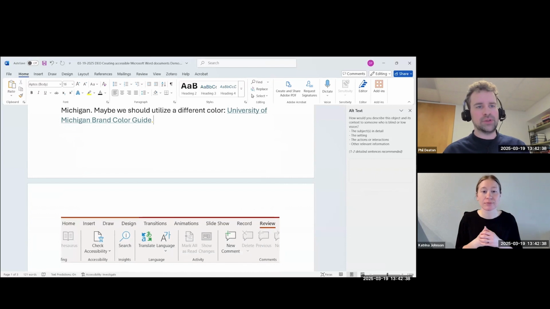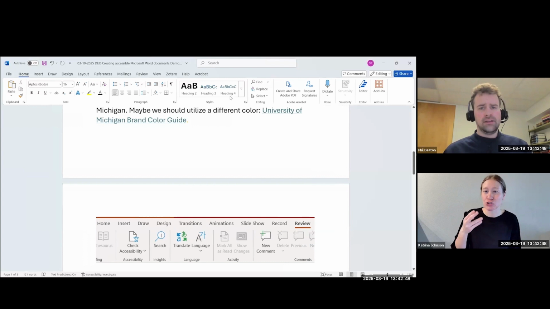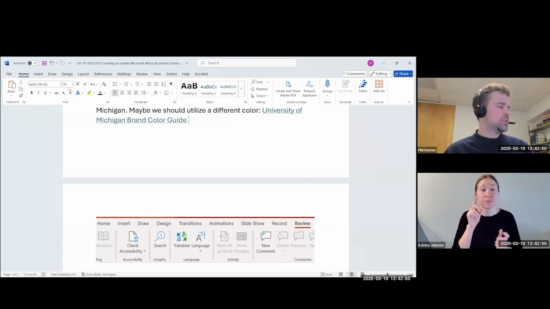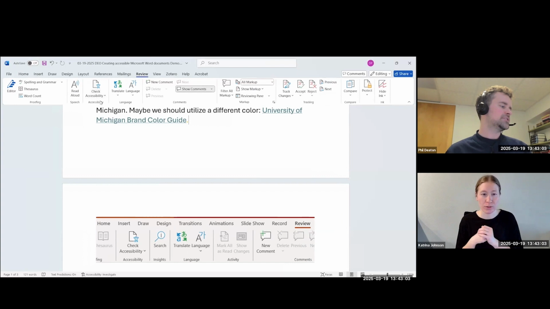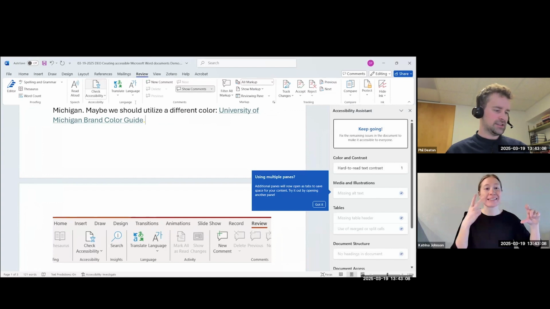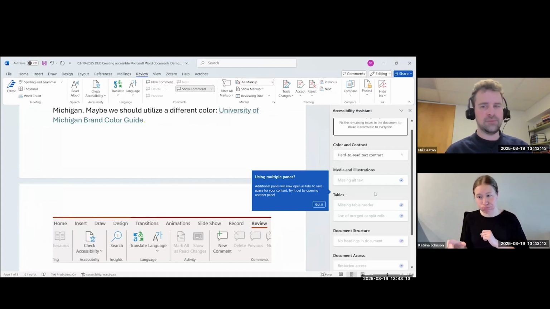feature called the accessibility checker. And that's where I want to kind of end this demo, is by talking about the accessibility checker. I'm going to exit out of the alt text area. In the top ribbon in Microsoft Word, we've been sticking to this Home tab, but I actually want to move us over to the Review tab. Under the Review tab, in this top ribbon again, there's a section for Check Accessibility. I can select this, and it's going to pull up an accessibility assistant, which is going to document any potential